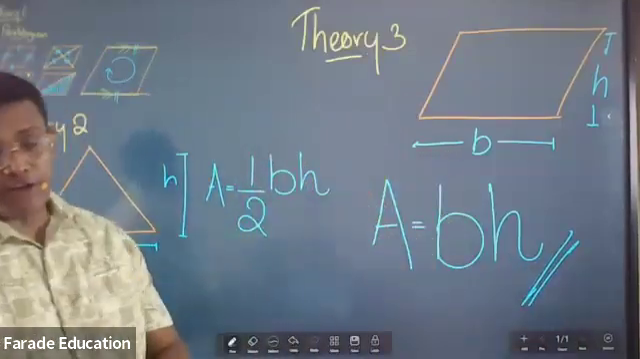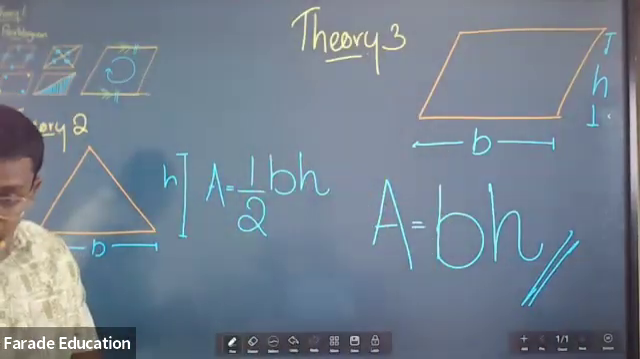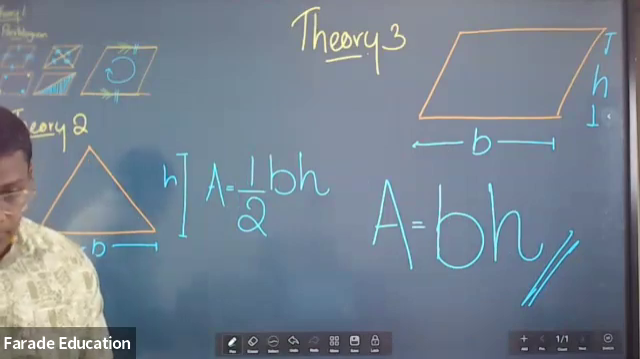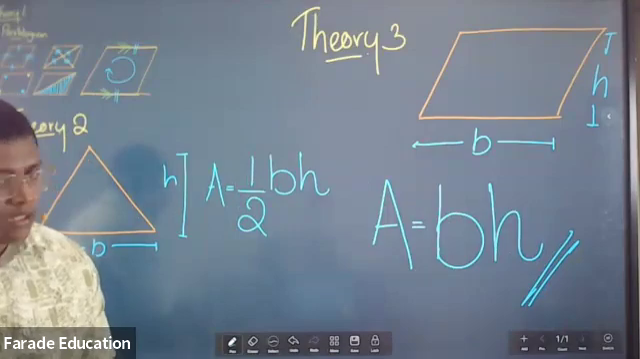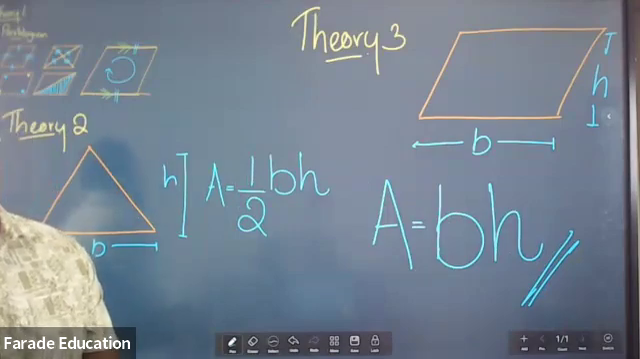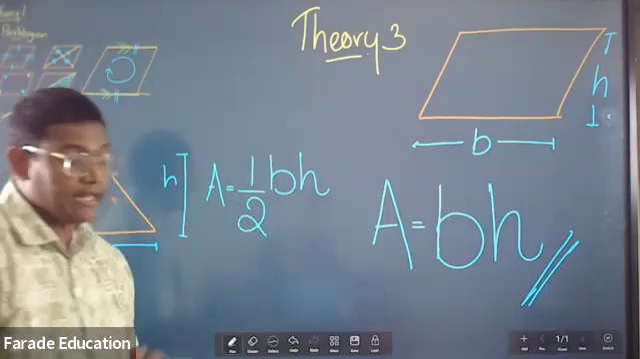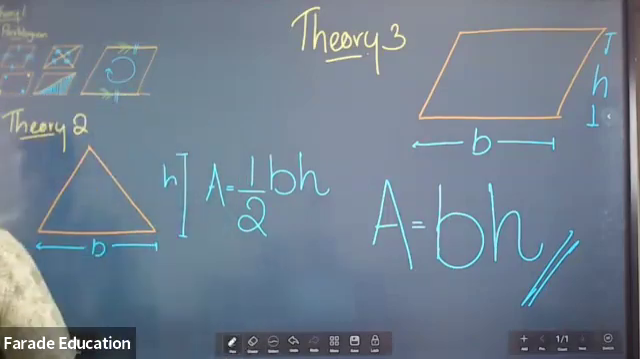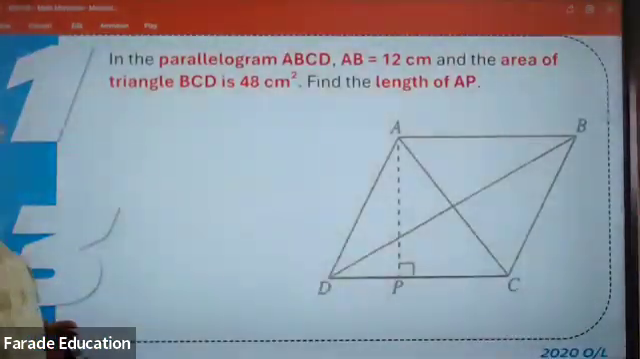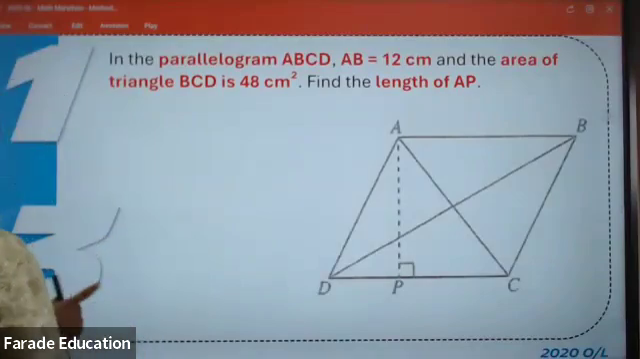So this is how you find the area of a triangle and area of a parallelogram. Triangle is half into base into height, perpendicular height. Parallelogram is base into perpendicular height. This is how you find the areas. Now we'll go for the question. Okay. So the question is,